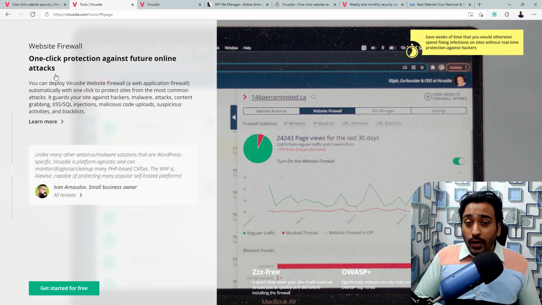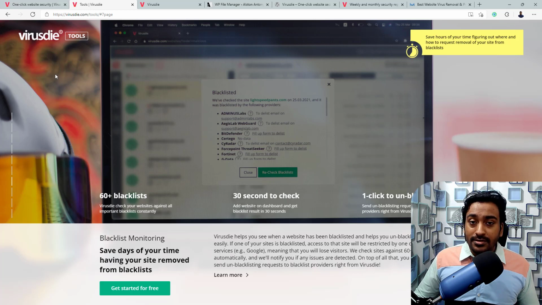The next one is the firewall, which is more about preventing your website from all sorts of security attacks coming through bot traffic or spam traffic, especially DOS attacks or PHP attacks. You can monitor all the traffic. It gives you an option to either take action automatically or just report it to you, so you can choose depending on your preference. There is a website firewall with IP filtering, blacklist, whitelist, and country blocking is also available within this. And finally, I do have a blacklist of all the monitoring process.